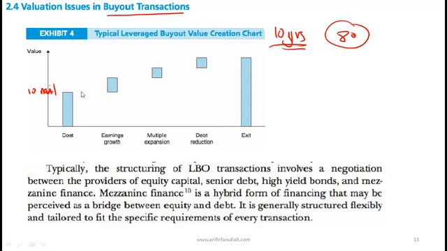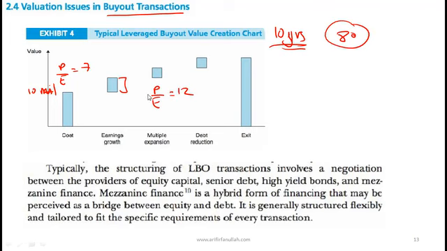Let's say you are starting with your base of 10 million. One is if you can make them more efficient, and or you can grow the company. So if there is earnings growth, what will that do to value? That will increase the value. Okay, multiple expansion. Now, where does multiple expansion come from? What is this saying? This is saying that when you bought the company, let's say the price to earnings ratio was 7. Multiple expansion means that now the PE ratio has, say, gone up to 12.